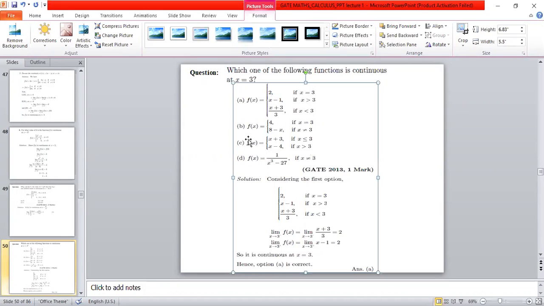And f of 3 is also 2. So for the first function, the value is everywhere 2. That is, the first function is obviously continuous. Now check the second function. As x is 3, f of 3 is 4, but if we put 3 here, it is 5. So it is not matching. Similarly, for the left hand and right hand limits, 3 plus 3 is 6 and 3 minus 4 is minus 1. Not matching again. Here too, x is not equal to 3, so the function breaks and we cannot find the limit. So the correct answer is A.